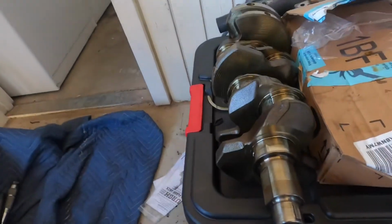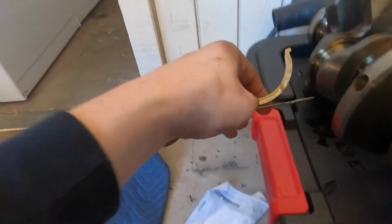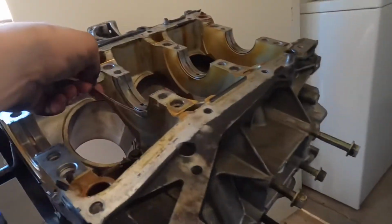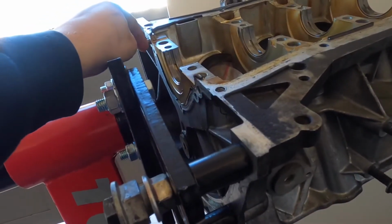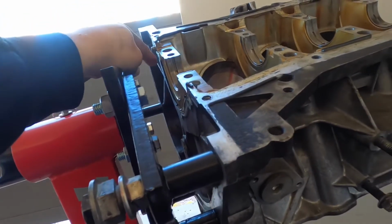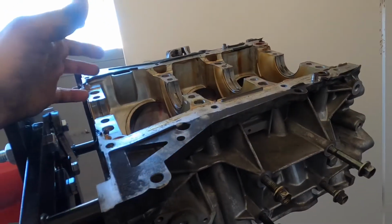Alright, so this is gonna be basically the end of the video, but pretty much what I had to do to get the crank out is this guy. Be careful of these. Obviously they go in here and go right here. So what I had to do is I forgot I had to take out the rear main seal. So there's just 3 bolts, 1, 2, and 3. Pop that off, and then obviously the front,